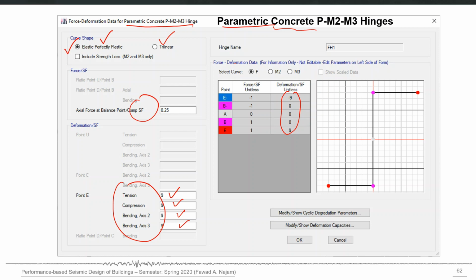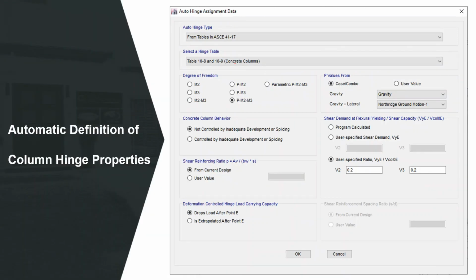The second option is the automatic option, and in that the program has the capability to use the ASCE 41-17 tables for RC columns. These are the two tables which are applicable to RC columns depending upon whether they have spiral reinforcement or ties.